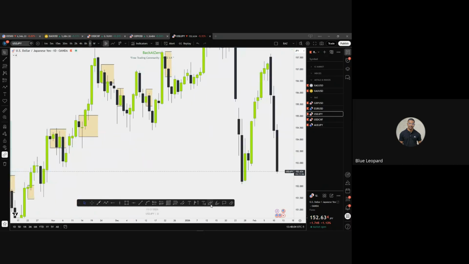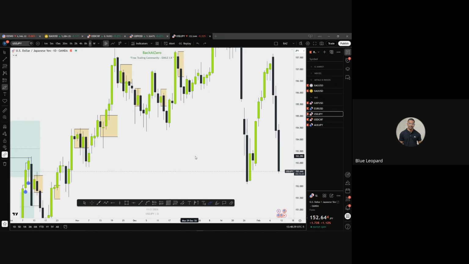Inside bars are just an explanation of a compression. And a compression is a triangle. A triangle is a consolidation. And what comes after that? A manipulation and expansion. That's why after an inside bar, after we broke it, price will never come back. It's manipulated and it will go in one direction. An inside bar is